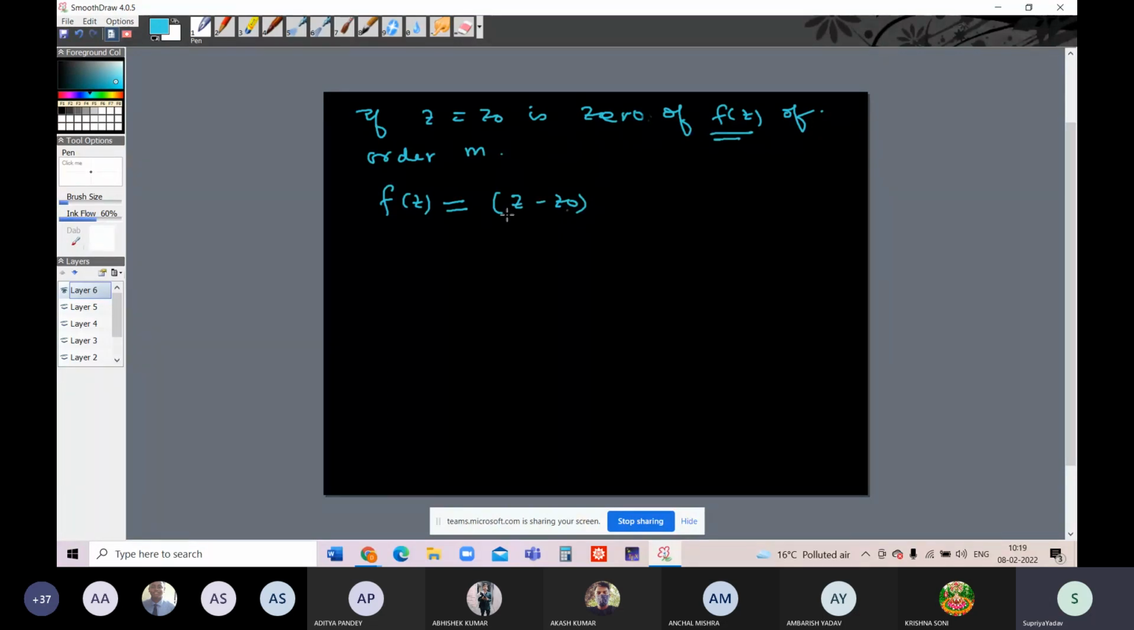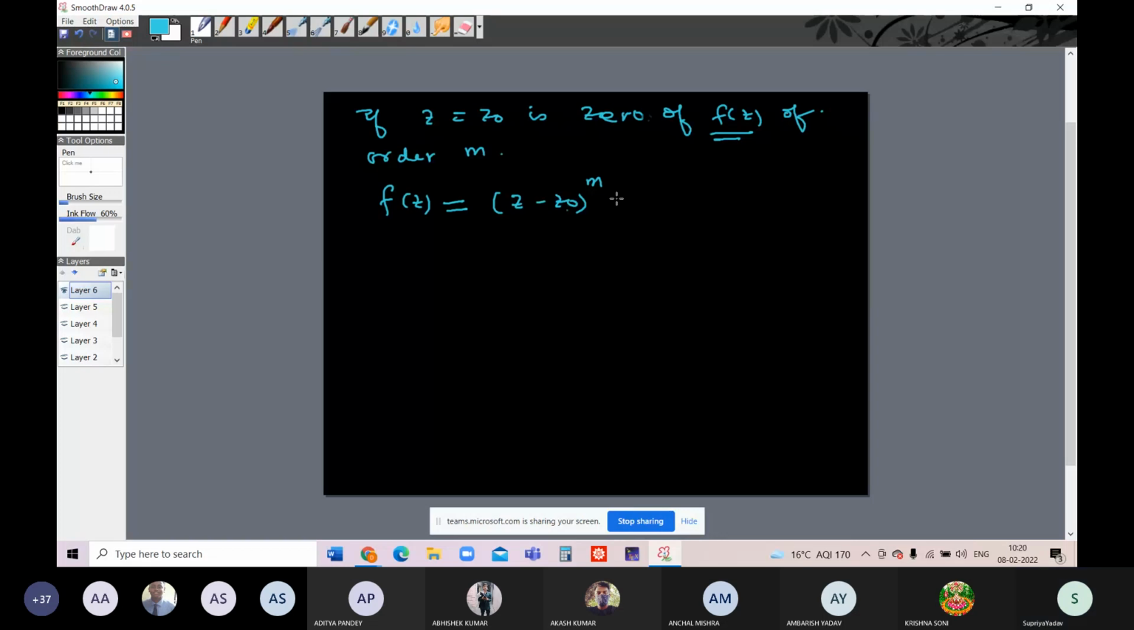So we can simply say that if z = z₀ is a zero of a function f(z) of order m, then we can represent this function f(z) as (z − z₀) is a factor of that function, because z = z₀ is a zero of this function. So we can represent that function like (z − z₀)^m